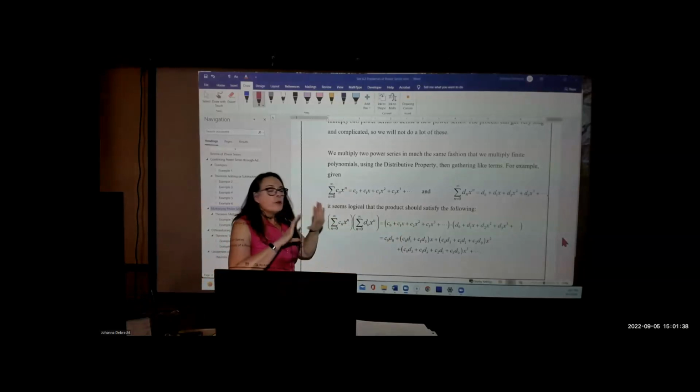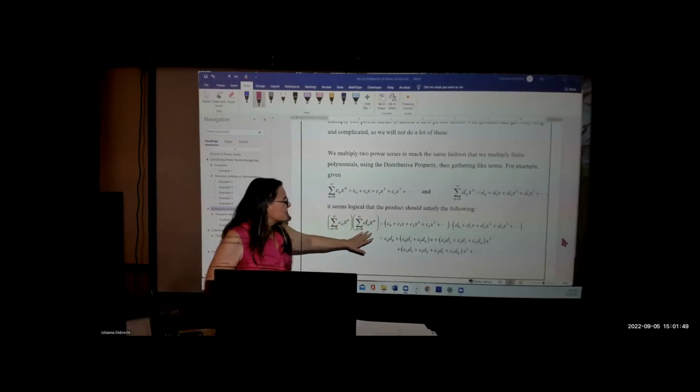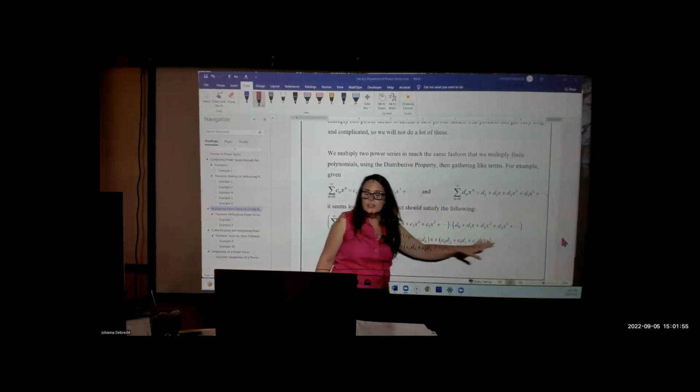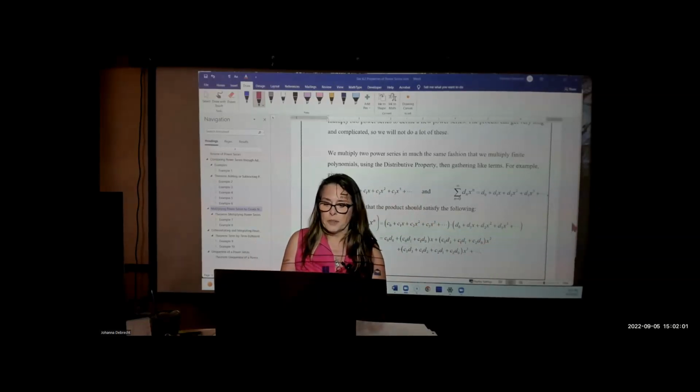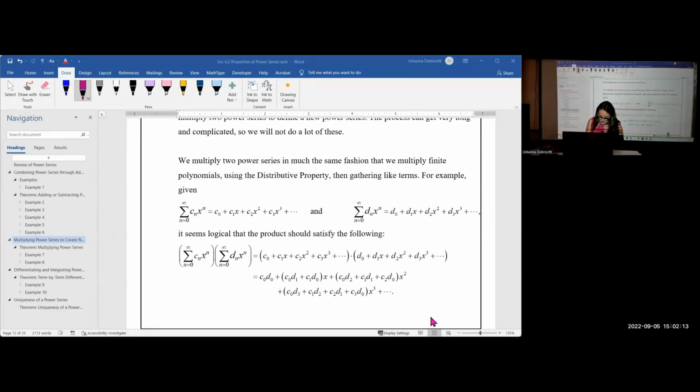Okay, well, if we multiply these out, we should be able to use the distributive property and then gather our like terms. So basically, multiplying this power series by this power series should be the same thing as multiplying this infinite polynomial by this infinite polynomial. So I'm going to be multiplying the two infinite polynomials together. Now let me share my screen with you so that you can see more easily the subscripts on these particular multiplications. So now what we're looking at is the subscripts that we have here represented when we multiply those two